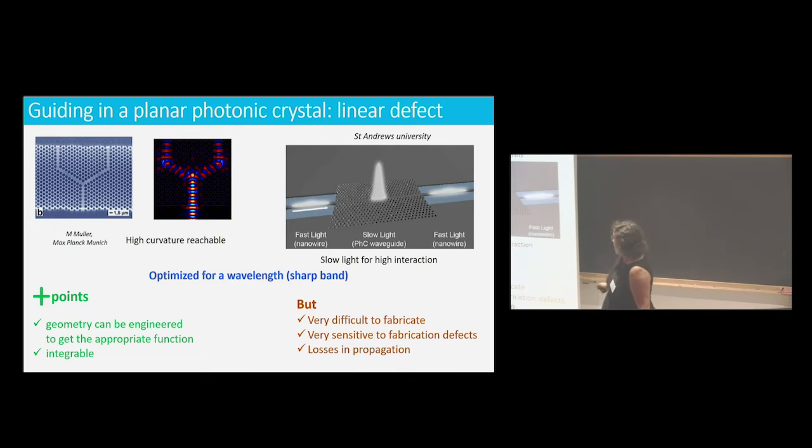But this is interferences. And you can see that if you have defects inside your photonic crystals, the interferences will not be as efficient. So the very specific properties that you want, band gap or prism or whatever you like, are not so good if you have defects. And you have losses, but as long as you don't have too much, and you don't propagate over too long distance, it is not a problem.